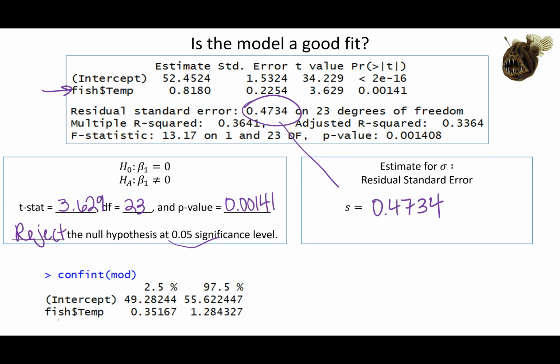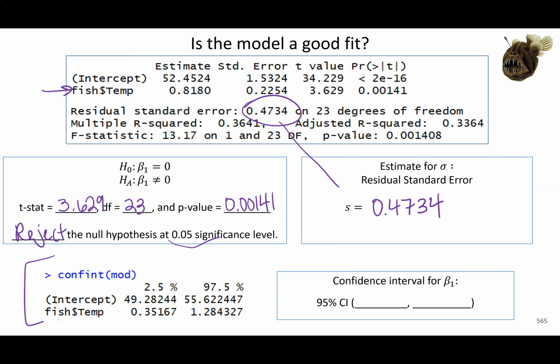Remember, by default, you can even double check, it doesn't say what level. This is a 95 because if I take 97.5 minus 2.5, I get 95. So if I want my confidence interval for beta 1, remember this goes with beta 0, beta 1. If I want to estimate the slope coefficient that goes with temperature, I am just going to go with this